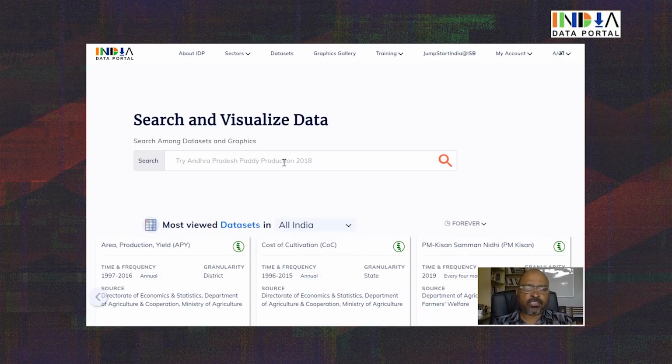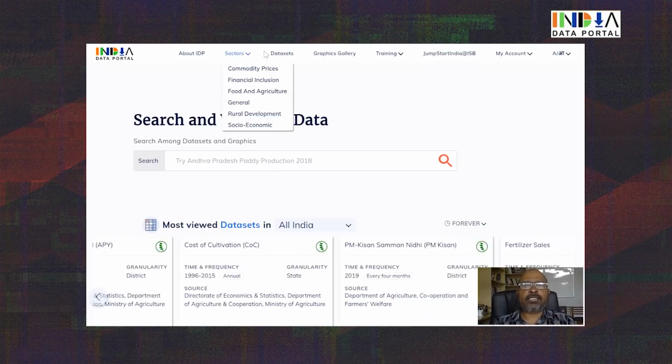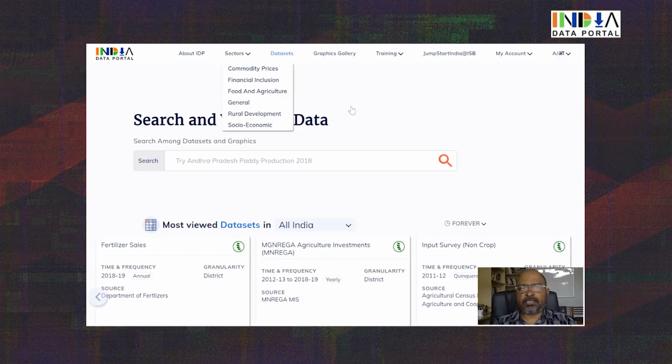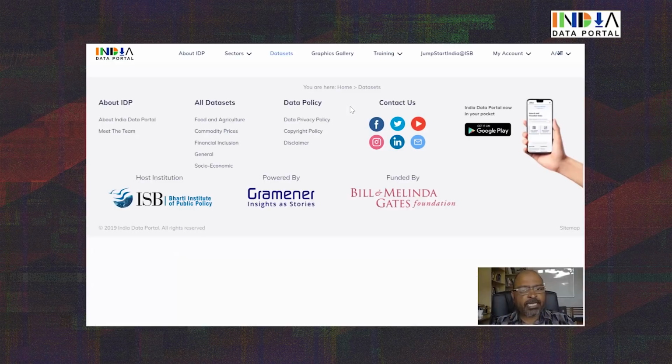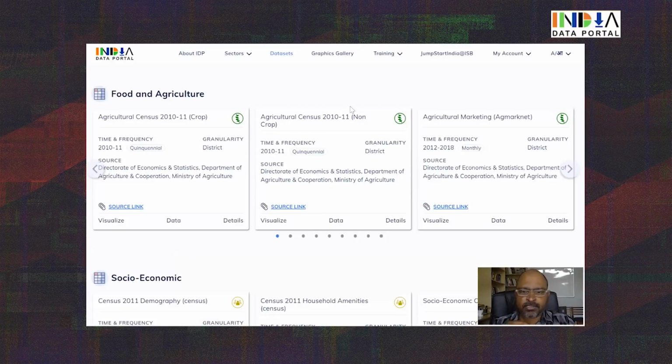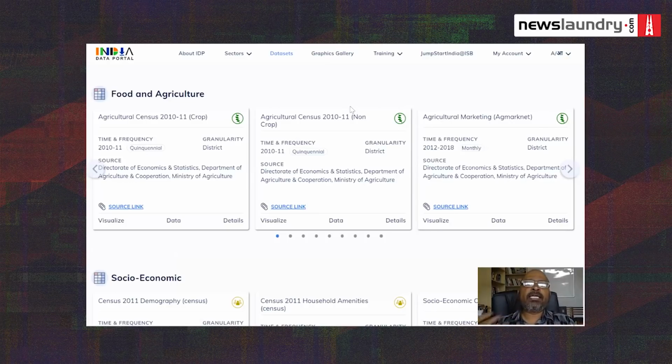There is a search facility where you can type text, or look at all the tablets that are available to a casual user. It is a very intuitive website, and any user who can create a user ID and log in very easily should be able to create graphics very, very quickly.